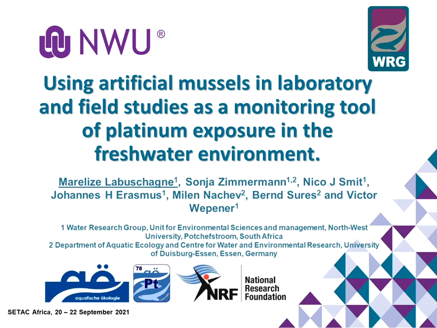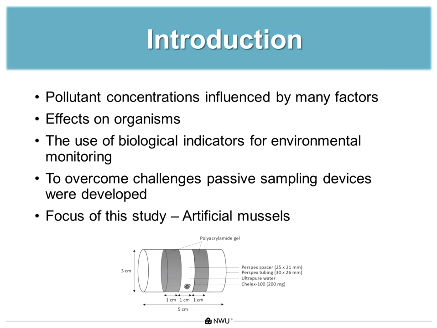freshwater environment. It has been seen in the environment that pollutants can be found at different concentrations or fractions within an aquatic ecosystem, and this can be influenced by a variety of factors such as pH, conductivity, other pollutants, season, and so many more. Not only is it important to know what is in the water and sediment, it is also important to know how these pollutants affect organisms that are found in these environments and how they accumulate and